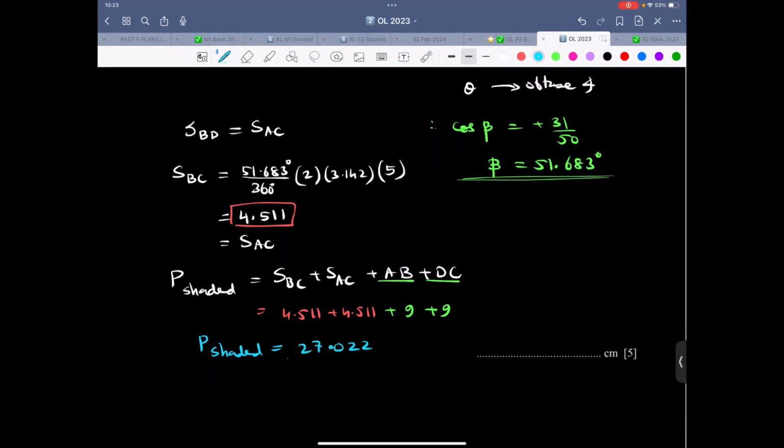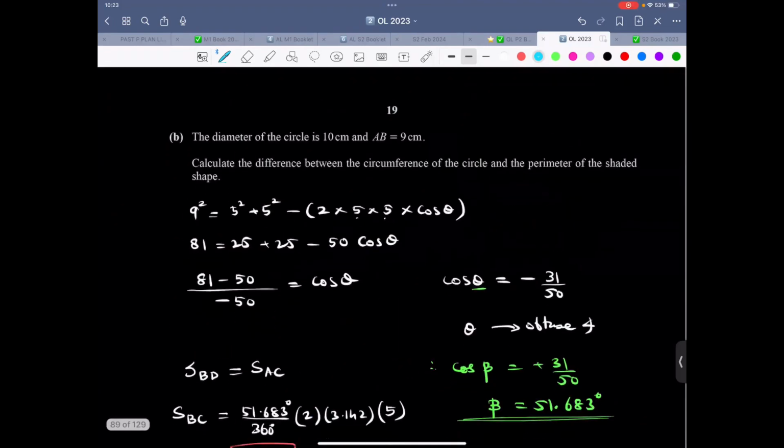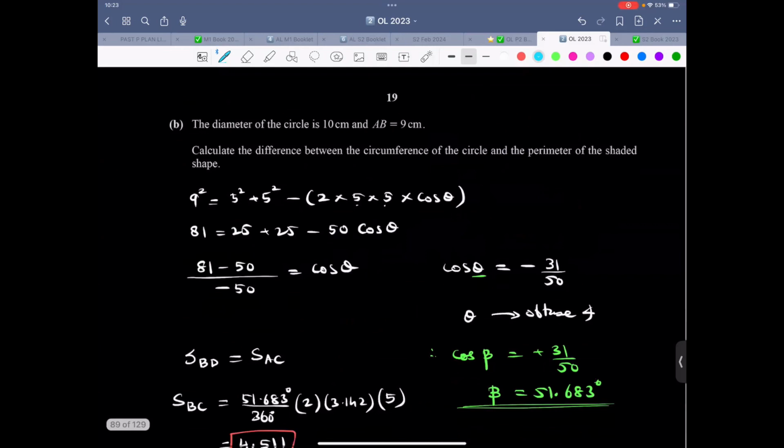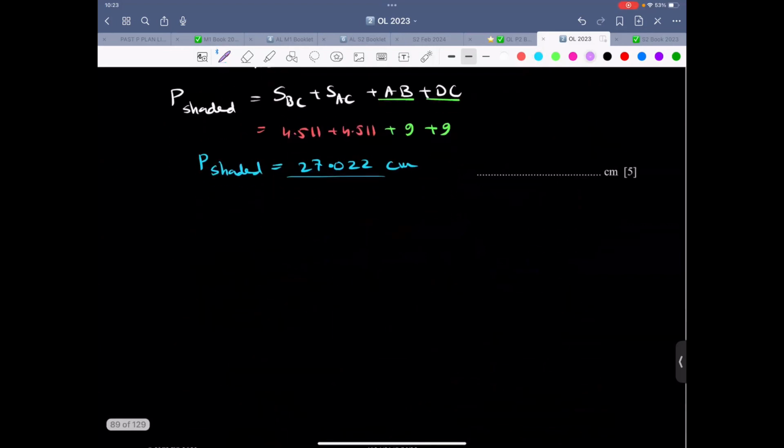Finalize the accuracy at the very end, not in the intermediate steps. And then we want the circumference of the circle. So the circumference of the circle is 2 pi r, that is 2 into 3.142. Use the 4 significant figure value, that is 3.142. That's the best value rather than the calculated value. And what is r? R is 5. So that comes out to be 31.42